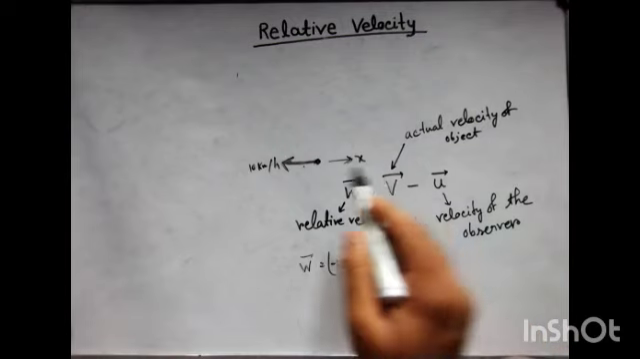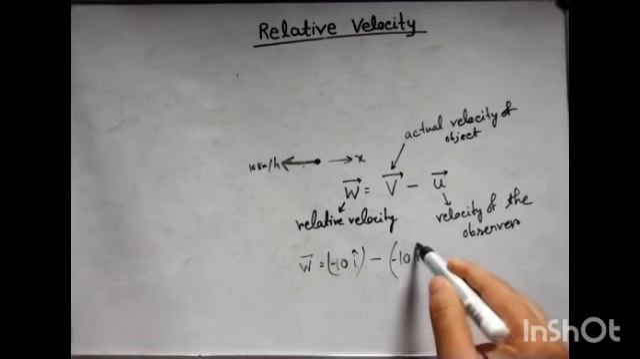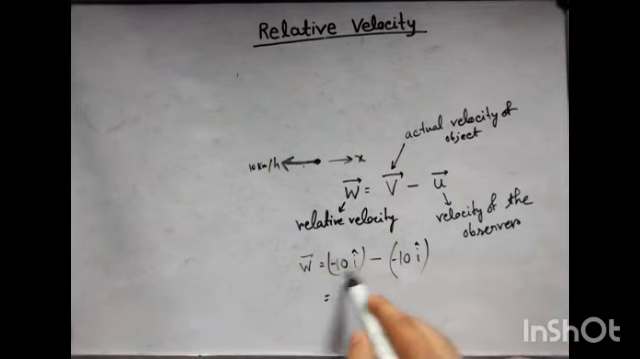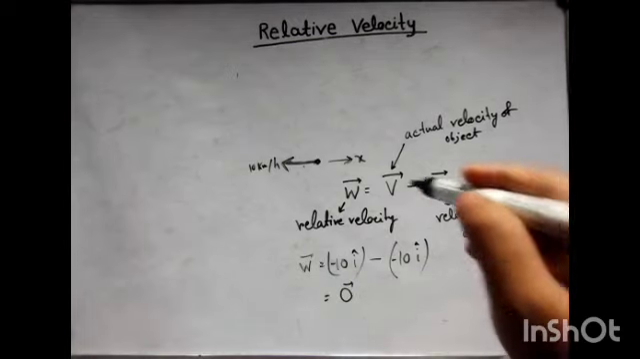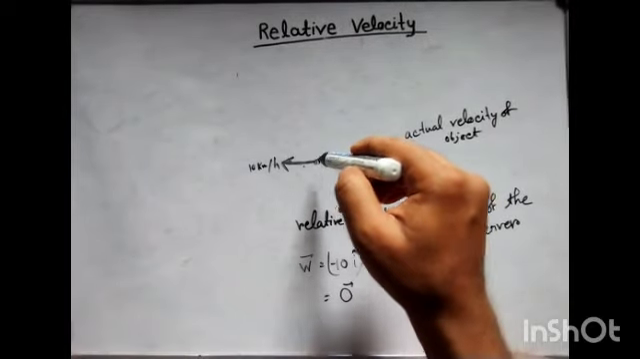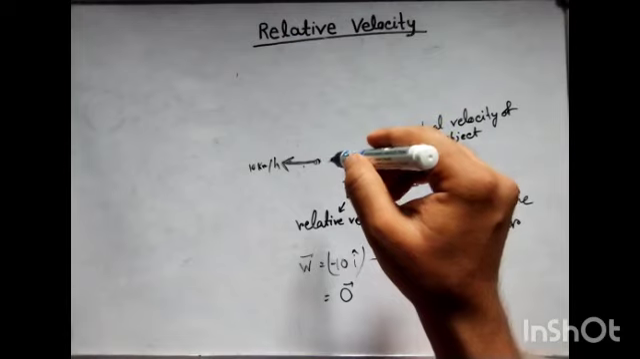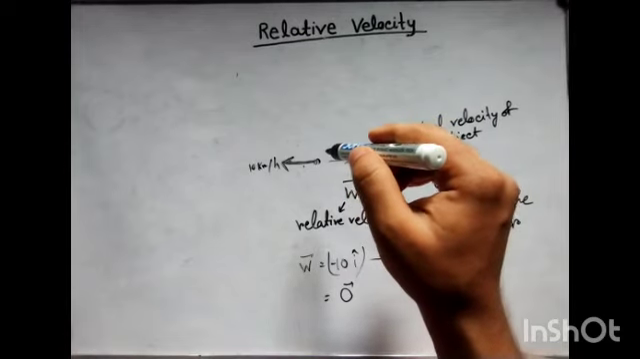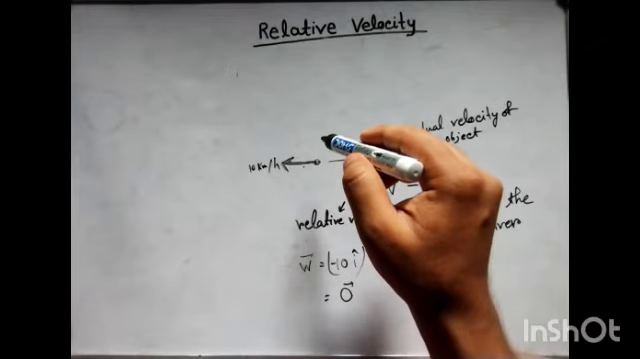Minus u vector, where u vector is the velocity of the observer, so that will be minus 10 i cap, and this will give you 0 vector. So that means the relative velocity of you in your own eye will be 0. That's the reason why we see ourselves